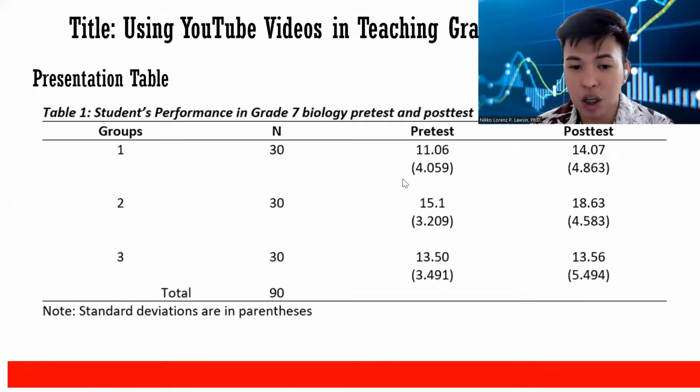Okay, this is the presentation table. You can see here the table number, the title of the table, the group number: group 1, group 2, group 3, and the number of respondents per group. There are 30, 30, 30 per group, a total of 90. And then comparing their pre-test and post-test,